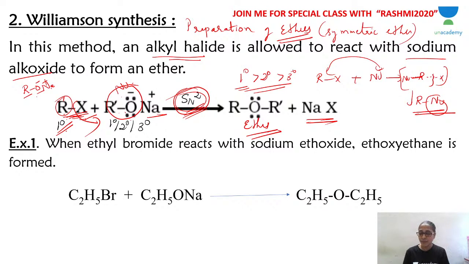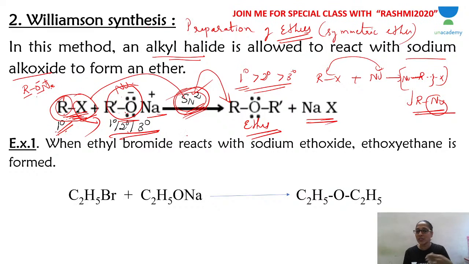And in SN2 mechanism, primary alkyl halide will follow in a single step to give you product, nucleophile attack. Since the nucleophile is alkoxide ion, the alkyl halide has to be primary if you want to follow SN2 mechanism. So in Williamson's ether synthesis, if it follows SN2 mechanism, you will get ether. So you have to take alkyl halide primary. The alkoxide ion can be primary, secondary, tertiary, it can be anything because it's a nucleophile. But the alkyl halide has to be primary. Only if the alkyl halide is primary will it follow SN2 mechanism. The product will be ether.